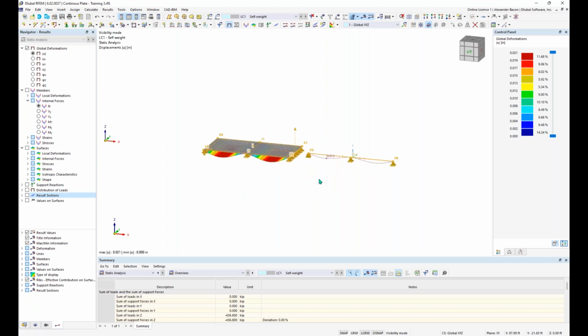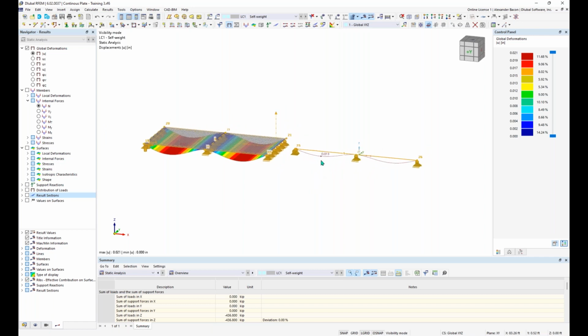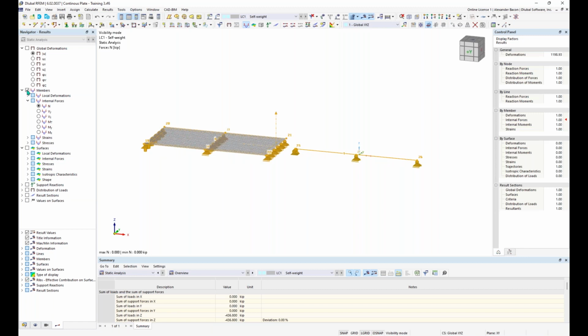So now we have an even cleaner look. And we can turn on internal forces of our member here, which will turn off global deformations. And then if I turn on the results for members, then under the internal forces here, obviously we're not going to have any axial forces because we just have a beam here. So we would want to look at the